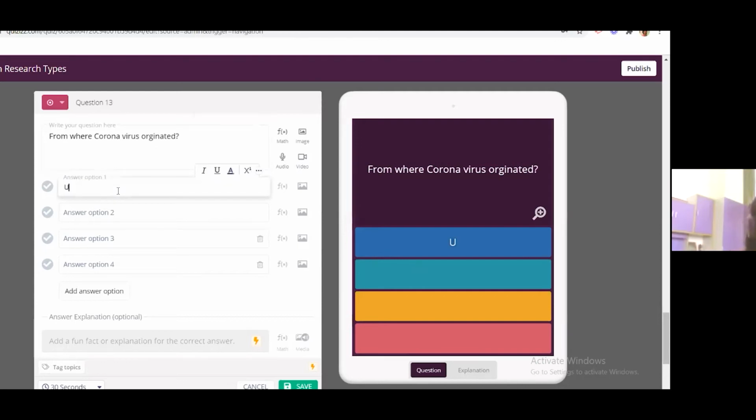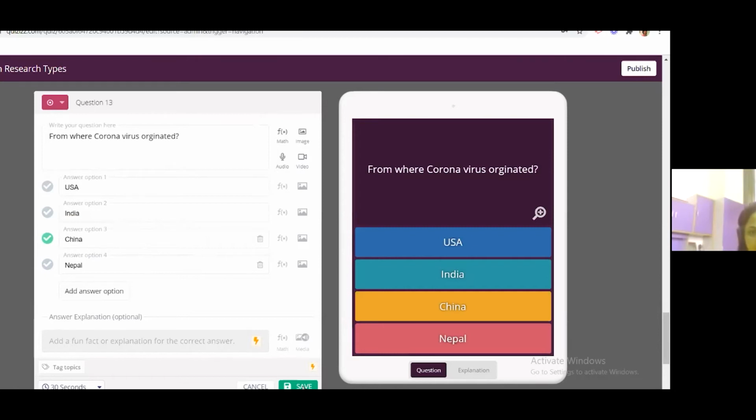You can write quickly USA, India, China. You have to just click on the right option this way, like I clicked on China. Fine.